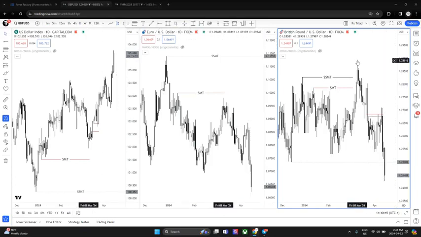And this is a master class in order blocks, right? And this is just one of the few that there is, right? And this one is not rare, but within the higher time frame cycles, it is rare due to the fact that it takes more time for these types of things to happen, to form.